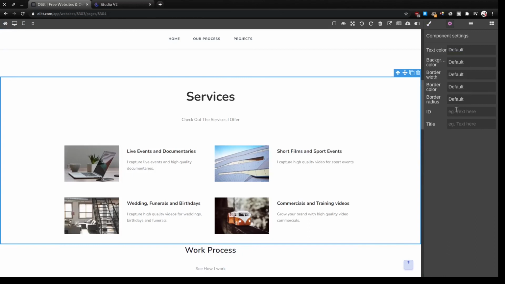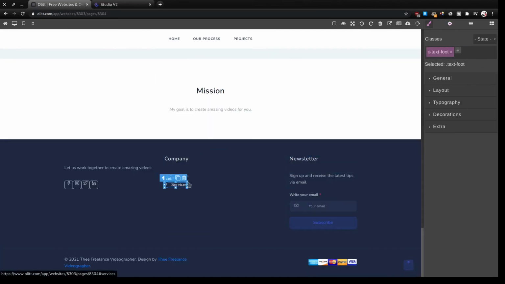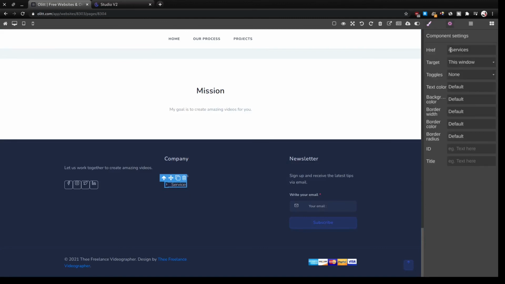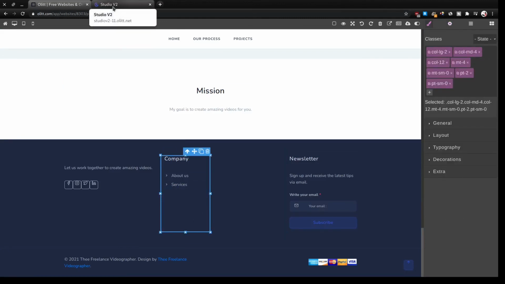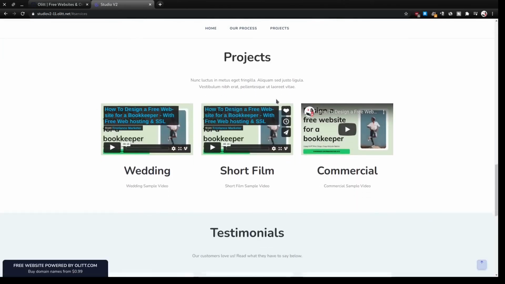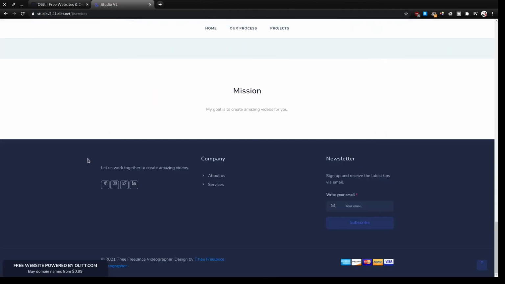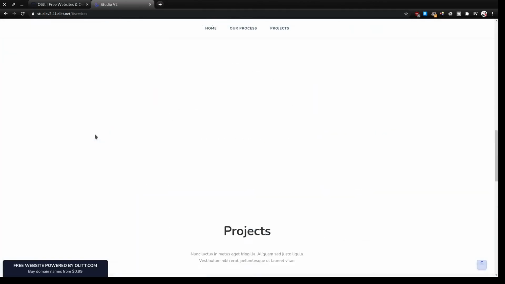Section services, that is the ID. To scroll down here on this link, yeah. So let's refresh this other page and see if the links are working. There. So as you can see, it's quite simple. That is how you create your